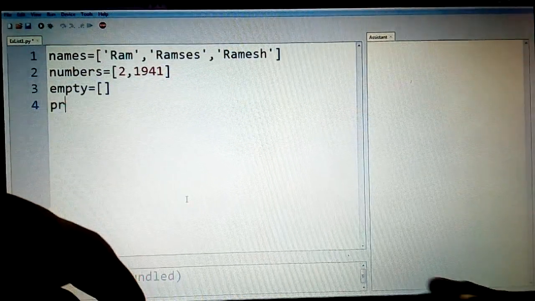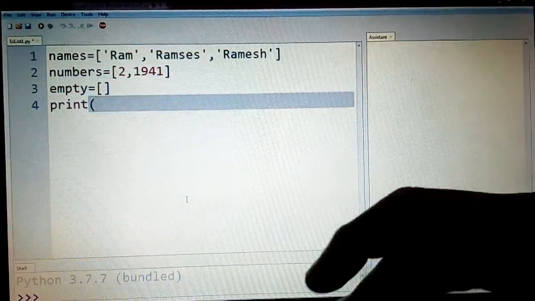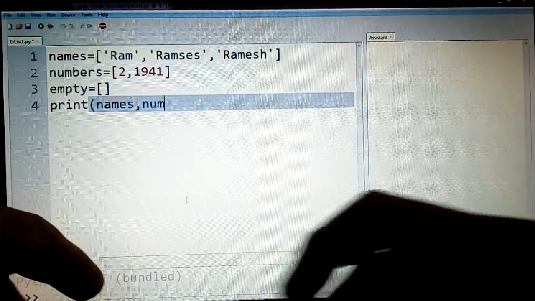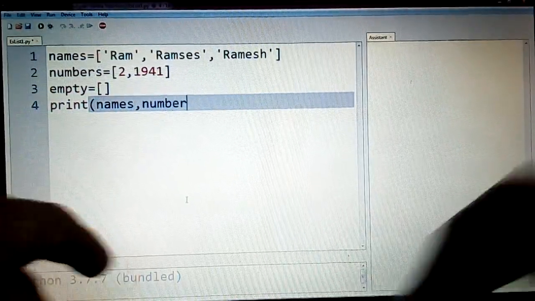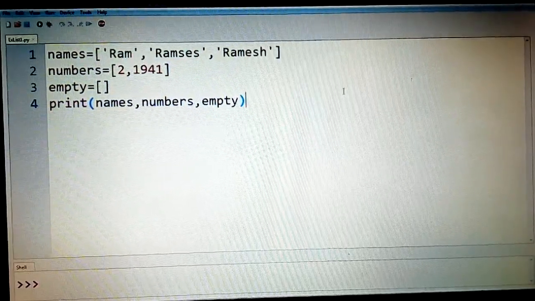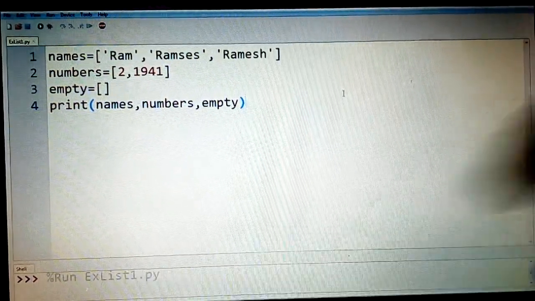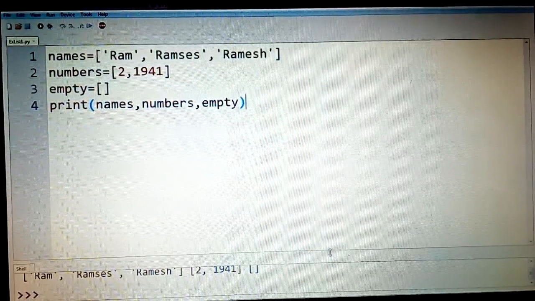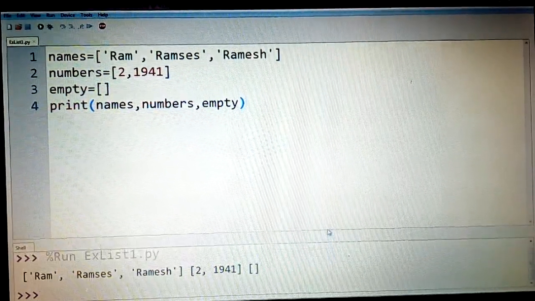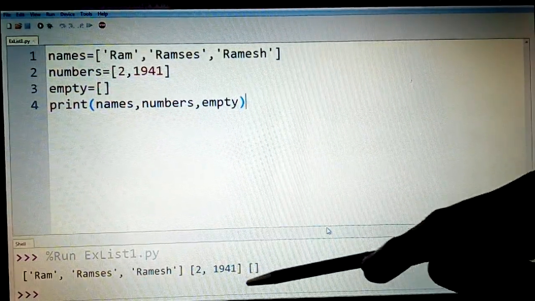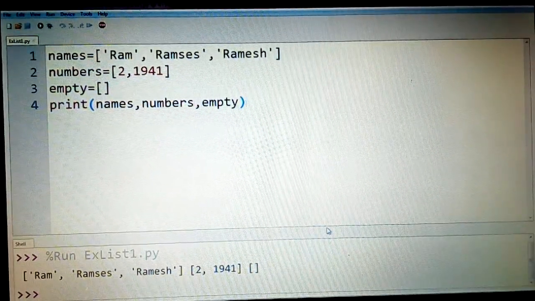Now if I print all these three, that is names, comma, numbers, comma, empty, and execute this, I would get all three things as indicated here: the first list, the second list which is numbers, and the last is the empty one.